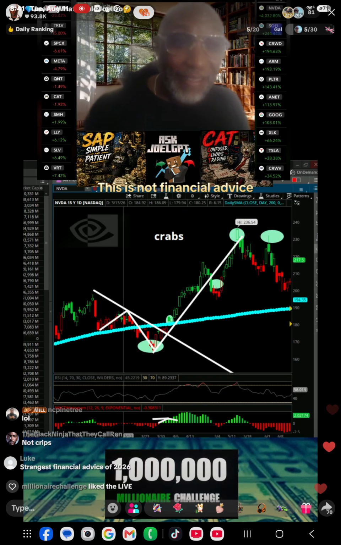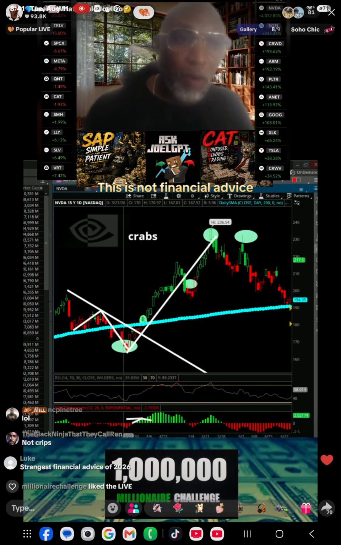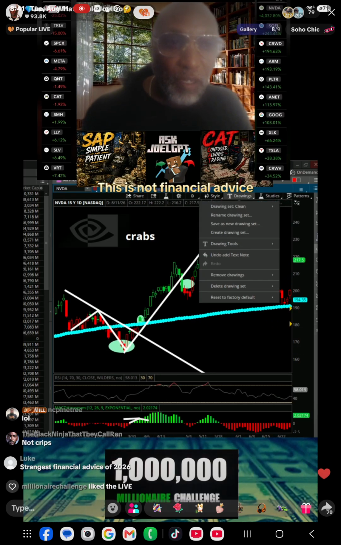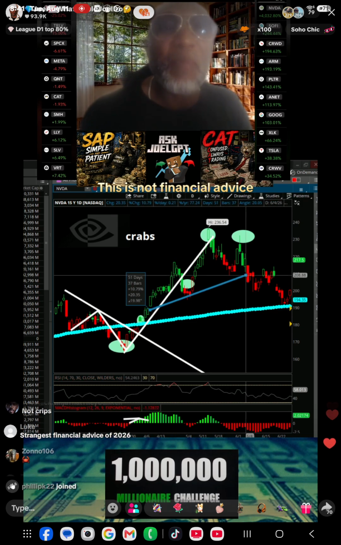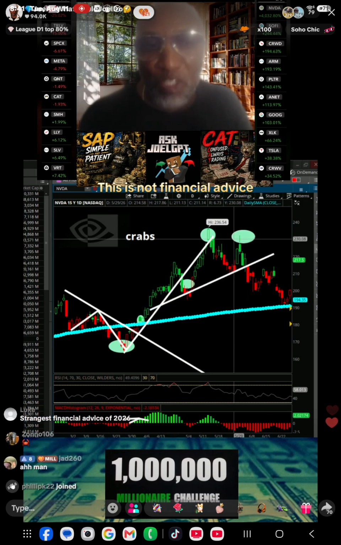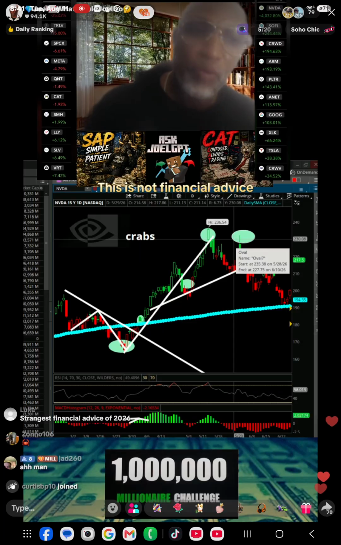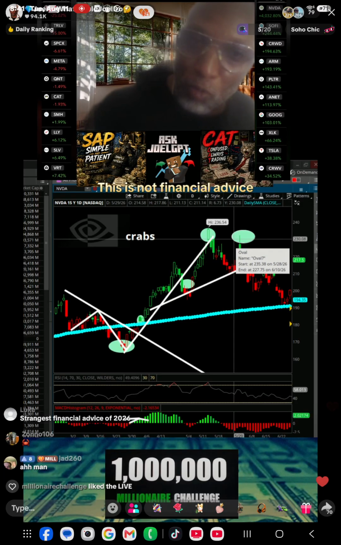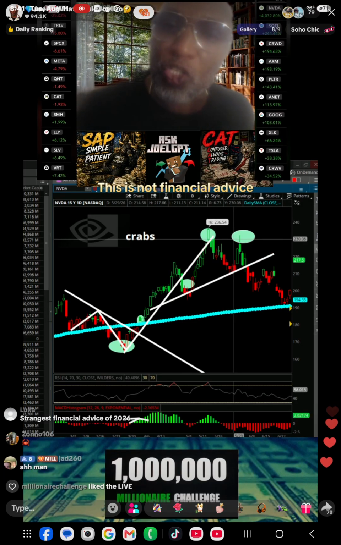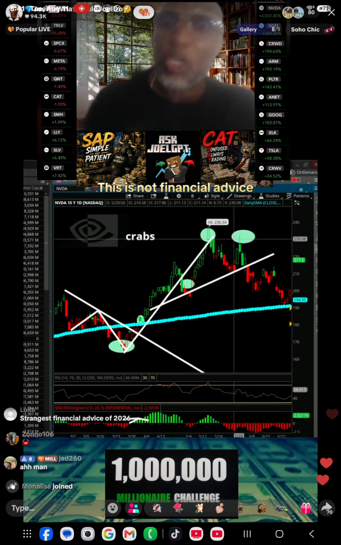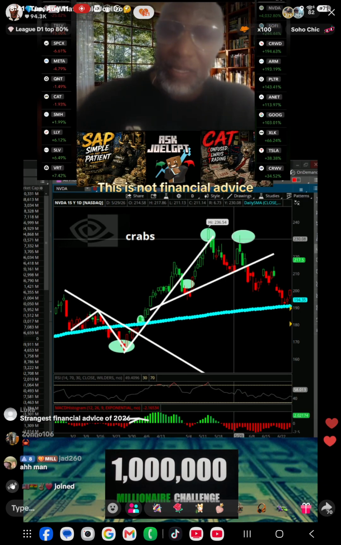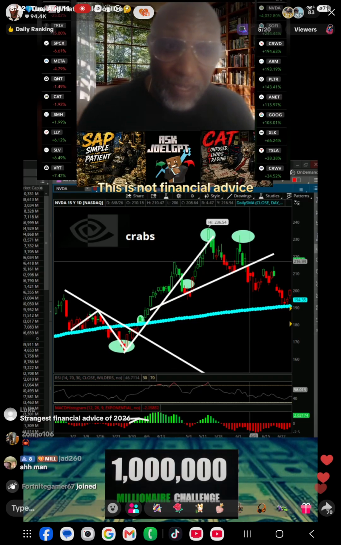But when the crab formation forms, that's when you short. I'm going to show you guys the crab formation on all your charts. You're going to be so surprised how many times you see this crab pattern. So now we understand patterns from the lows: RSI, oversold, trend line break to the upside. Now you guys understand the crab pattern from the highs. When you see this crab pattern form, run if it breaks that trend line.